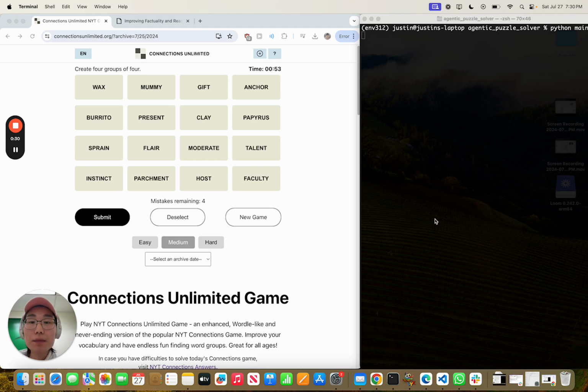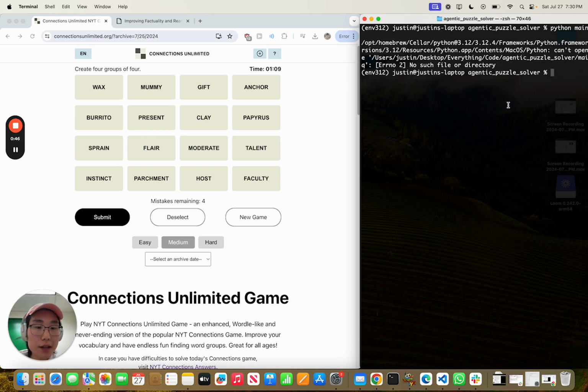And so for this benchmark, I wanted to use a very popular textual puzzle, the New York Times game Connections. Connections, for those who don't know, is a game where you have 16 words, and from those words, you create 4 categories of 4. I wanted to create a system that was able to solve this game. And so I'm going to go ahead and run that.